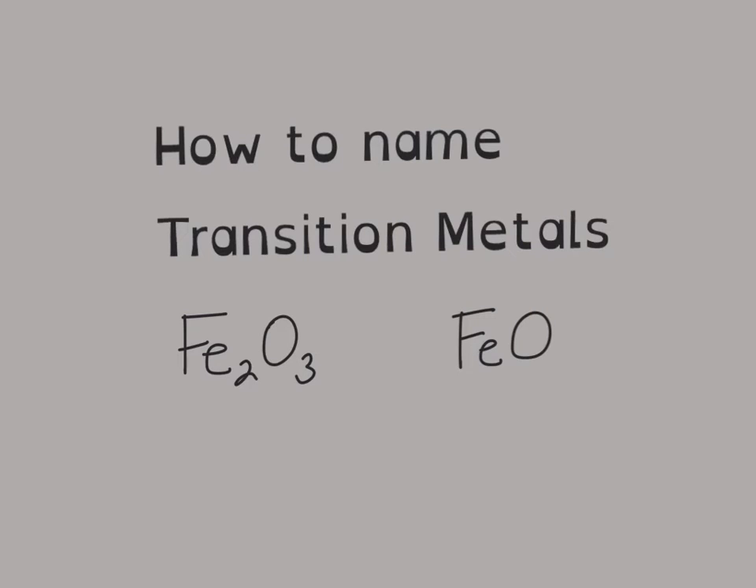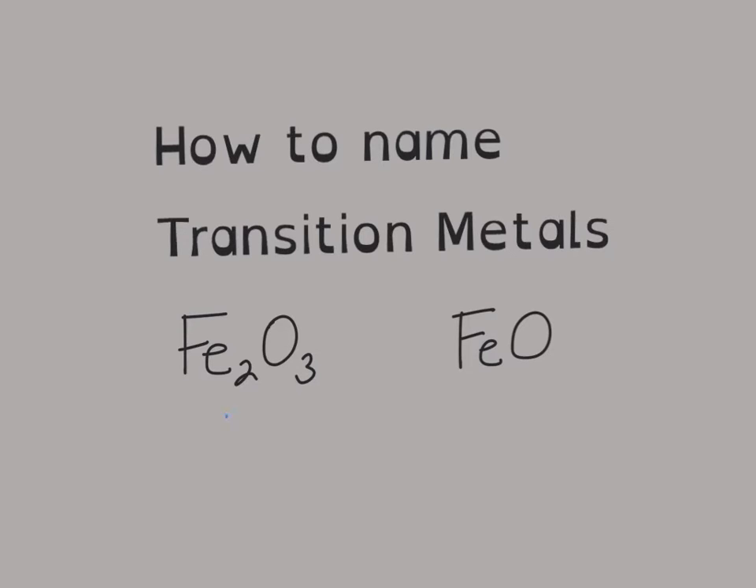All right, in this screencast, we're going to learn how to name transition metals. Now, transition metals make it a little more challenging to name because transition metals can take on more than one possible charge. So you need to indicate in the name what the charge is in the formula. So if you look at the Fe2O3 and the FeO, you have an example of iron in two different